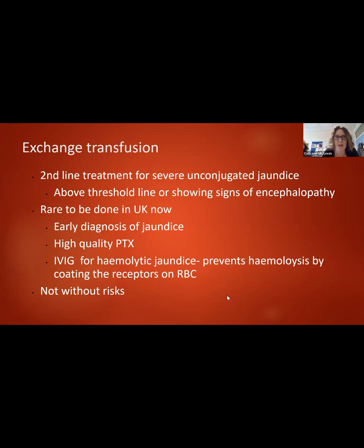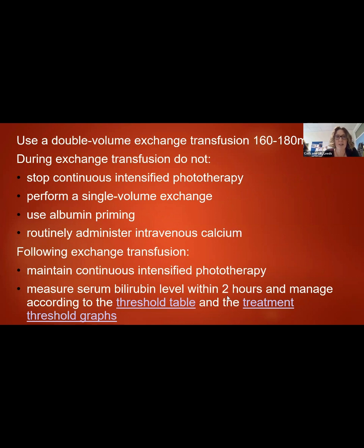And obviously we have to have some good access in the babies to be able to take out the amount of blood and give them some blood at the same time. And it takes time to set up, not only in terms of staff, but also in the resources needed. So NICE have a section on the guidelines that we've shared about doing an exchange transfusion, and says that if